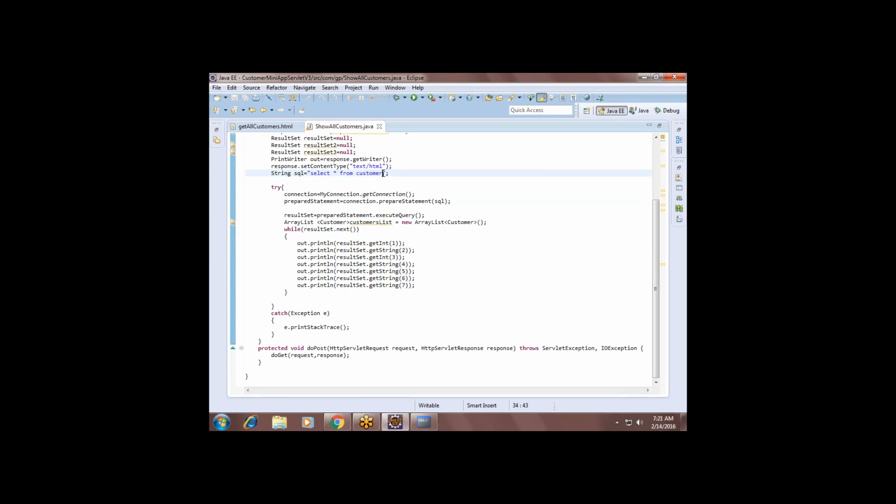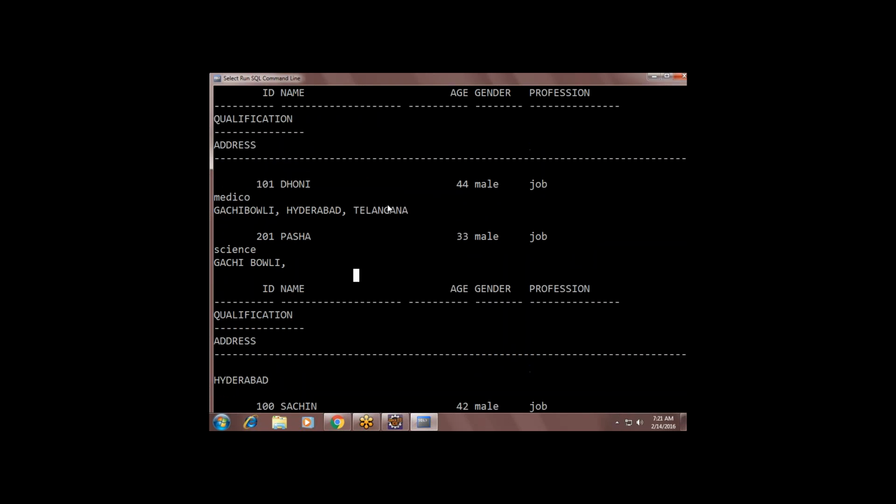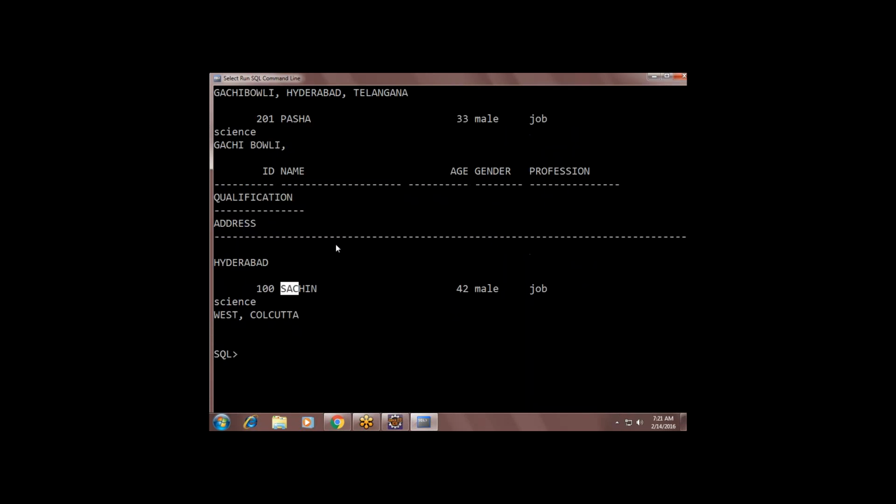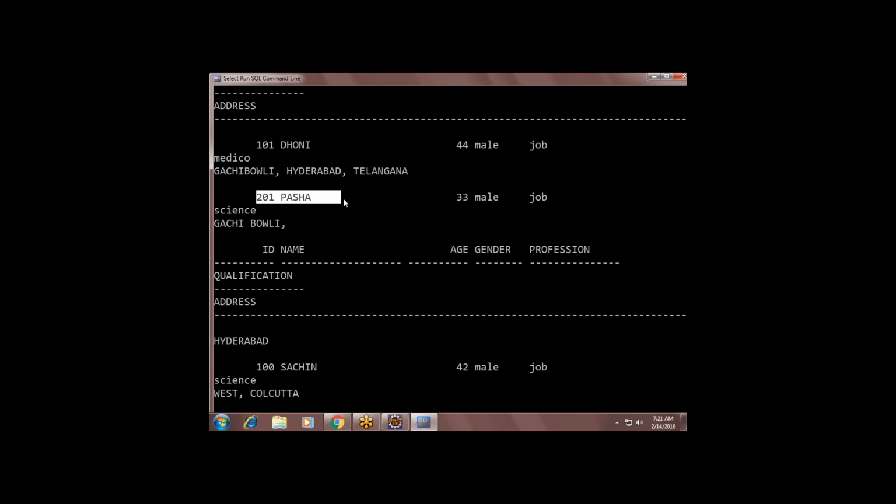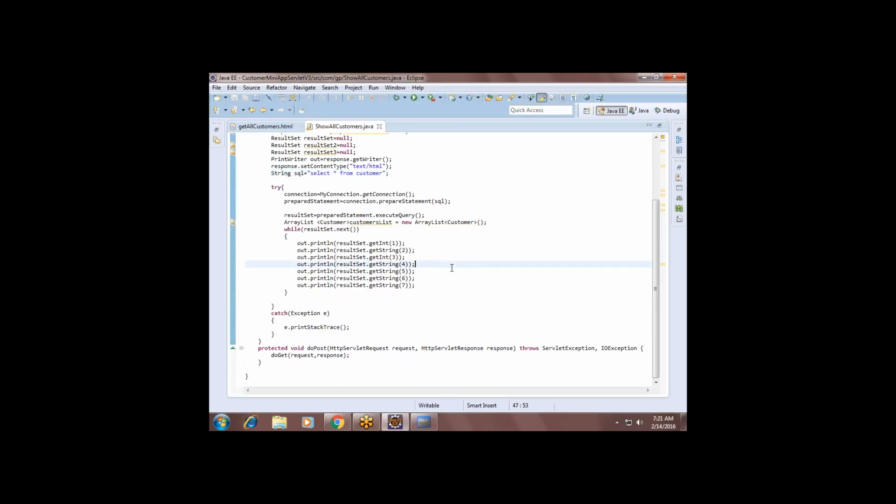Do you have a where clause here? No, sir. Then how many records will you get? All the records available inside your table will be displayed. Approximately I have 100 Sachin, 101 Dhoni and 201 Pasha. 3 records are there, right? Yes. I will get all the records.